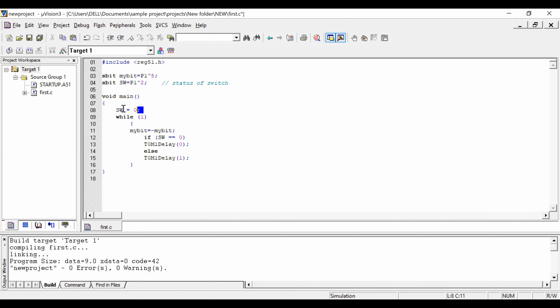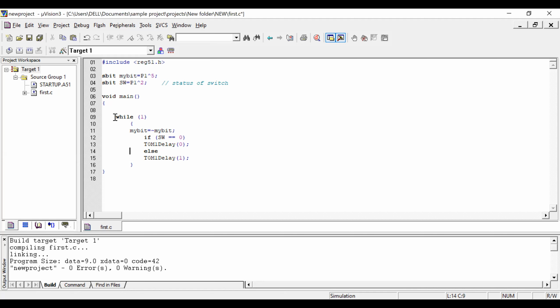I initialize switch equal to 0. That is manually we are doing. As of now, you can remove this. Maybe the switch is on or off, let it be.